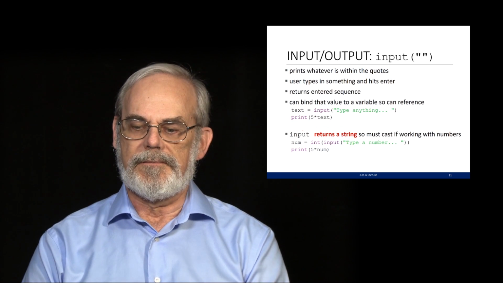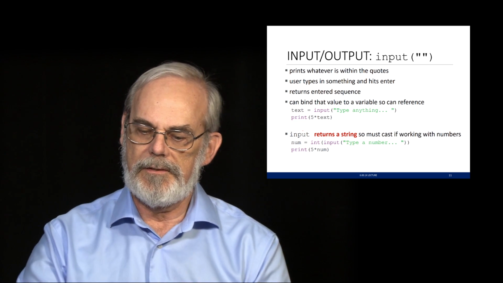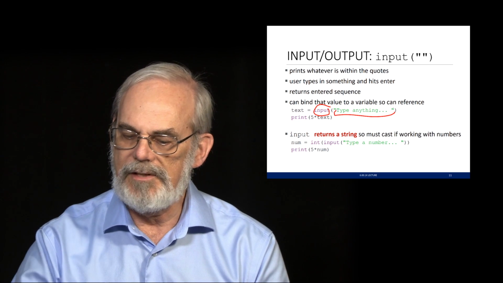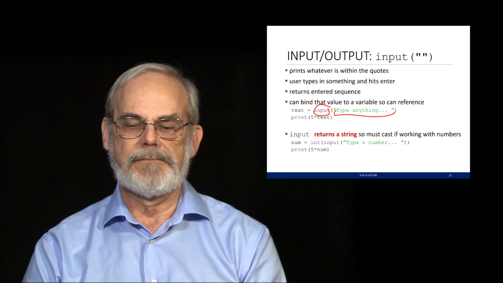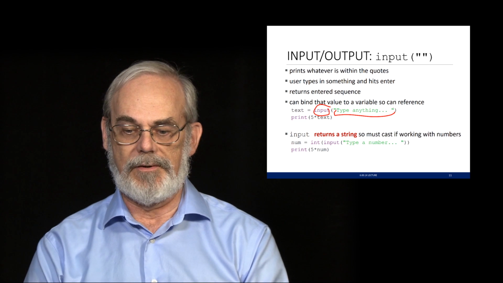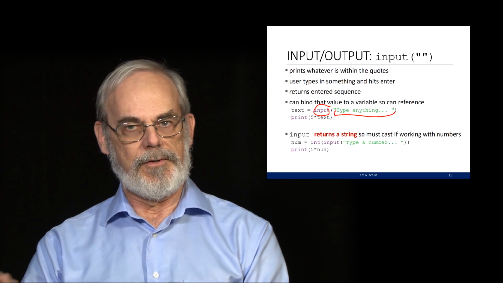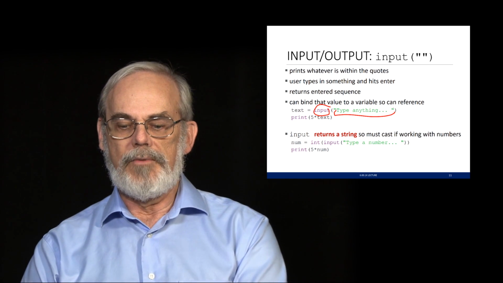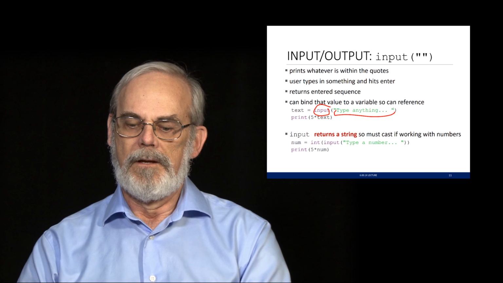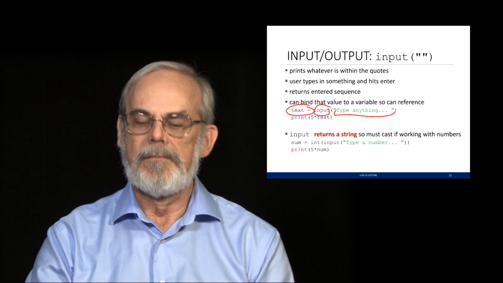What about the other direction? I want to bring in input. And here I have another keyword called input, not surprisingly. It takes a single argument, which is a string. Its behavior is it's going to print out whatever's inside of those quotes, that string. It's going to wait for me to type something in. When I hit enter, it's going to evaluate whatever I typed in and return that as the result of the input statement. Typically, I'm going to want to bind that to something, so I can bind it to a variable